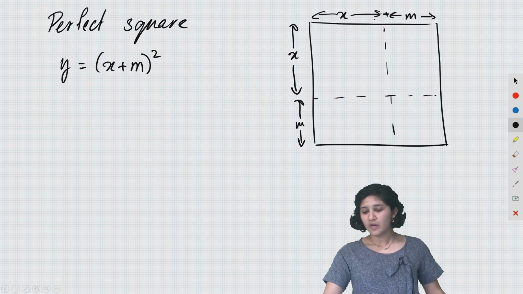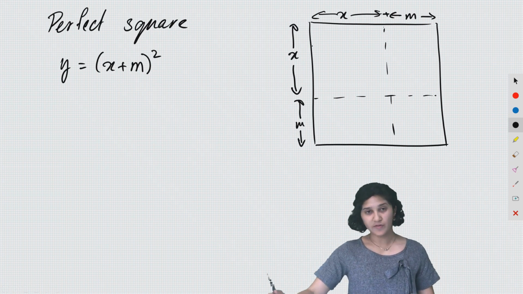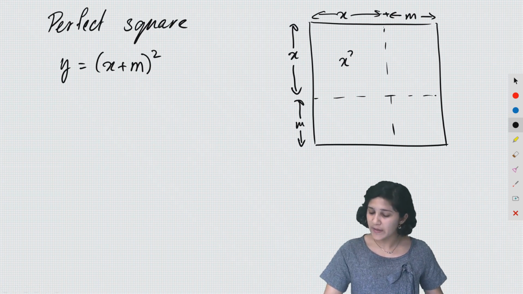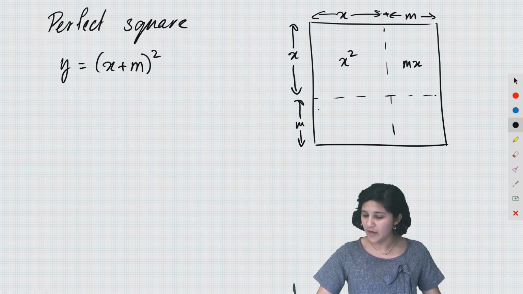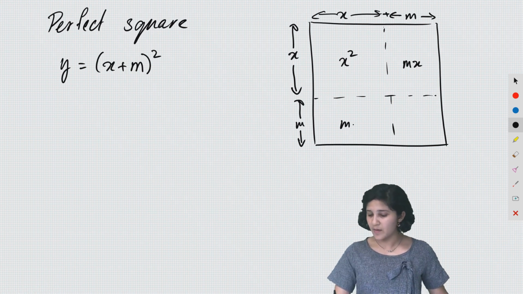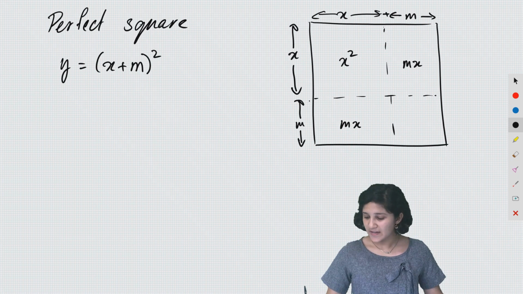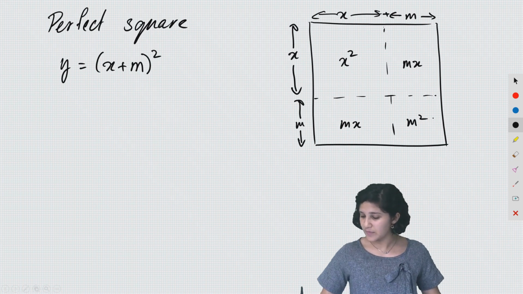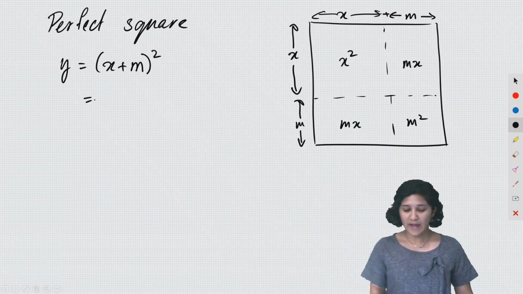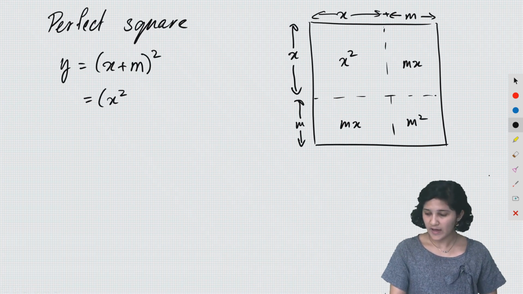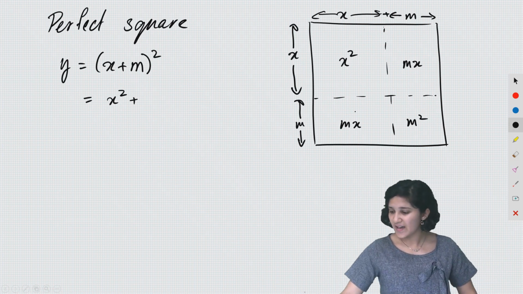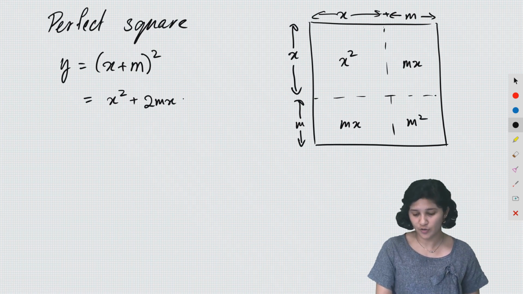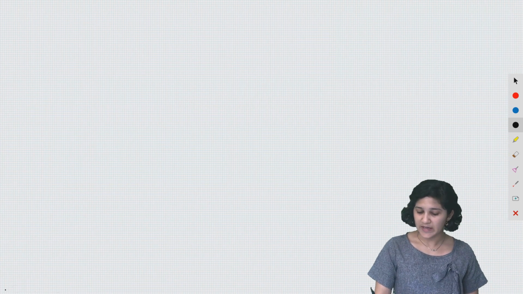Okay, so to figure out what x plus m squared is, it's the same as looking at the area of this square. So the area of this piece would be x squared. This would be x times m, so mx. This would also be m times x, so mx. And this little square would be m squared, m times m. Okay, so if we add all those together, we've got x squared plus mx, so we've got two identical pieces mx, plus